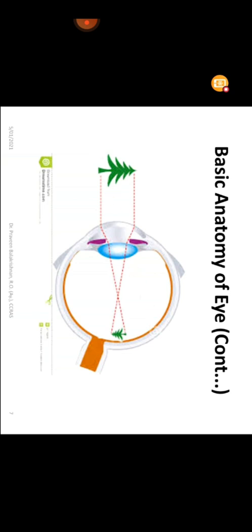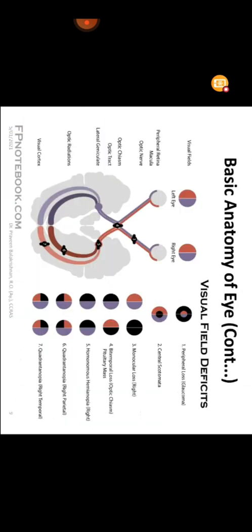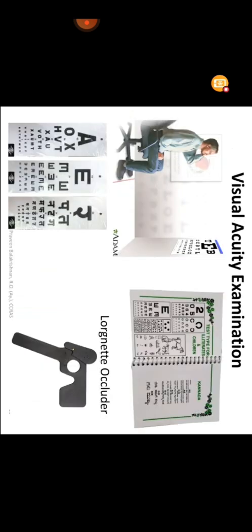This is how the objects are focused. And now, when this is an inverted image, how do we see the objects upright? That is the peculiarity that the brain shows. That is, you can see the next picture, the stereoscopic vision. That is, what the brain does is that